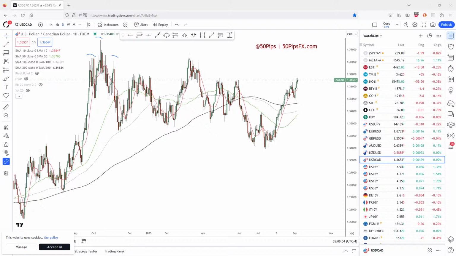So I think really here, if you're going to trade USD CAD in general and you're trading it intraday, technically that makes sense. But if you're trying to trade CAD based on what's going on in crude or something else, it's always a hard one because it gets caught up in a lot of stuff.